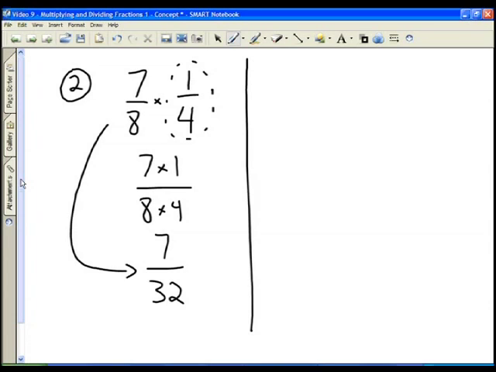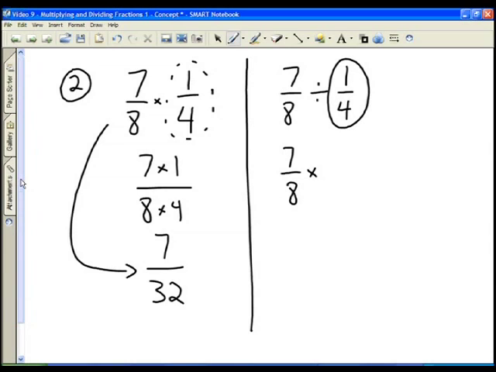If we look in the same light at dividing these same two numbers, we have 7/8 divided by 1/4. We want to rewrite the first fraction, so we have 7/8. We want to change the sign to multiplication, and then we want to invert the denominator. Invert the denominator and multiply. So the flip, or the invert, of 1/4 is 4 over 1. And so here now, we multiply straight across the top and straight across the bottom, and we land up with